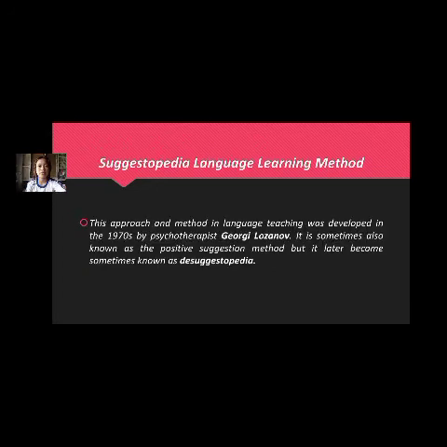So let's proceed to the Suggestopedia language learning method. This method or approach in language teaching was developed in the 1970s by the psychotherapist Georgy Lozanov. So it is sometimes also known as the positive suggestion method, but later became known